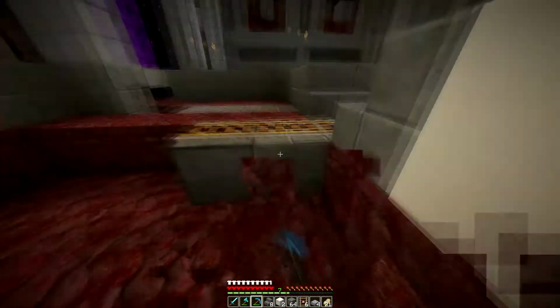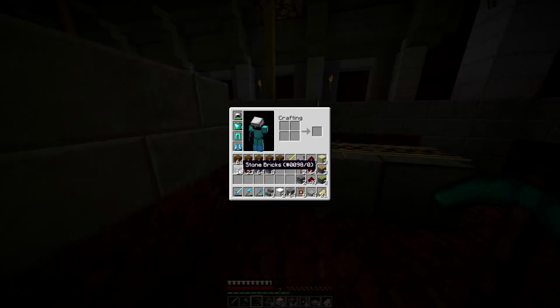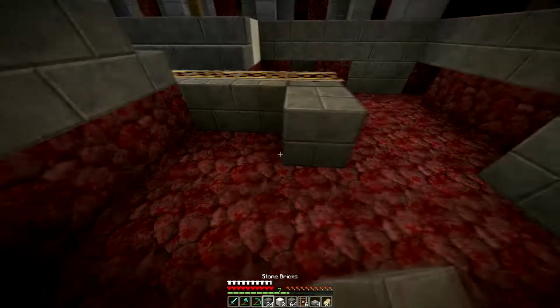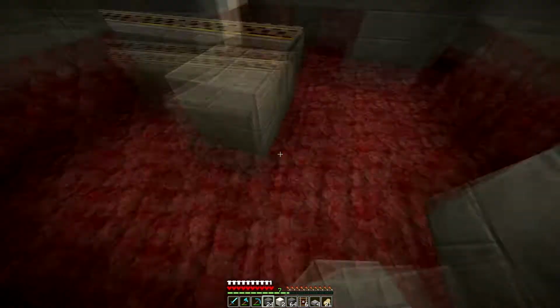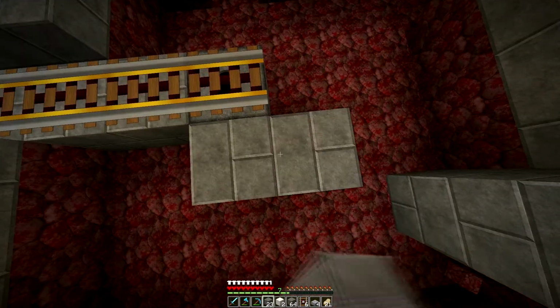Take this out here just a bit more. So I think we have enough space here, and I think I will build all the redstone on stone bricks or something like that, so we know which blocks we don't break if we are under it. So let's see, I think it was something like this,